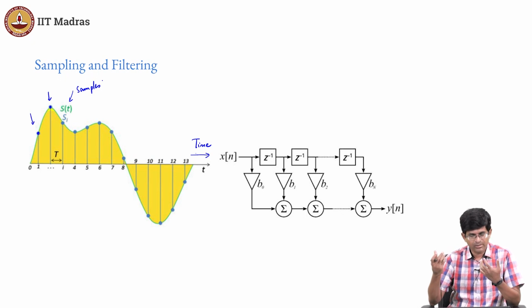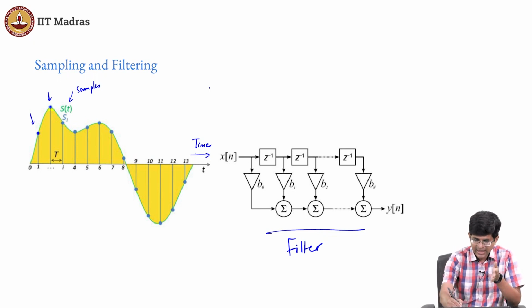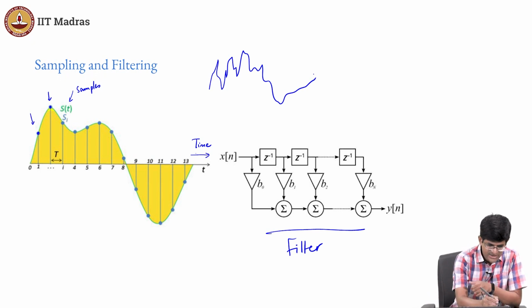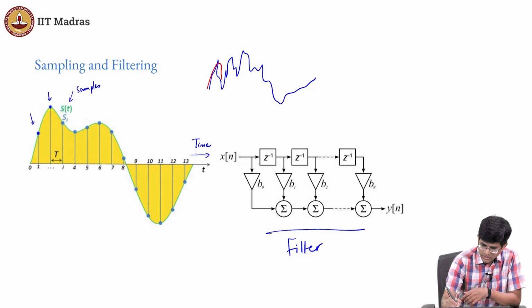Now, one of the most fundamental operations in this kind of signal processing is what looks like this, right? It's called a filter. Okay. So, what does a filter do? The simplest kind of filter that you can think of is, I have these numbers that are coming in one by one, just start averaging them together. Okay. So, take, let's say, a running average of the past 3 or 4 or 10 samples, right? What do you expect the average? Let's say that I had a signal which looks something very noisy like this. What do you think will happen if I start averaging it? I should expect to see something which looks a little smoother.